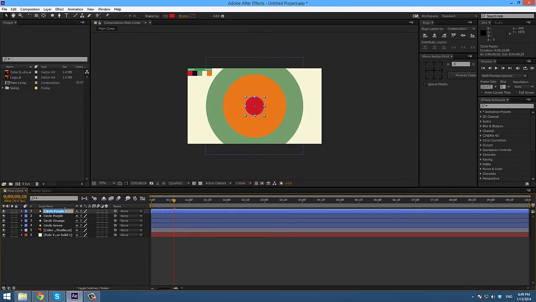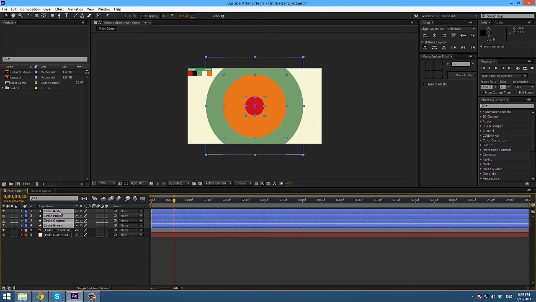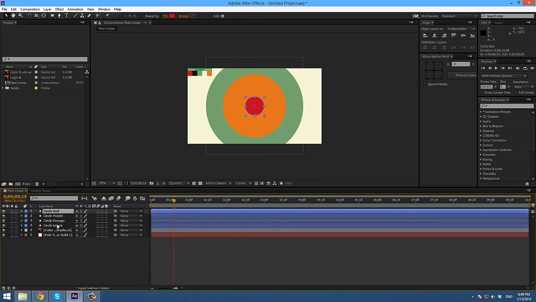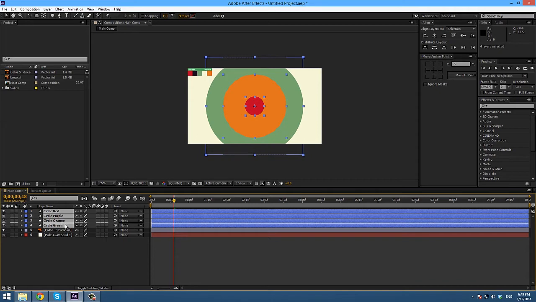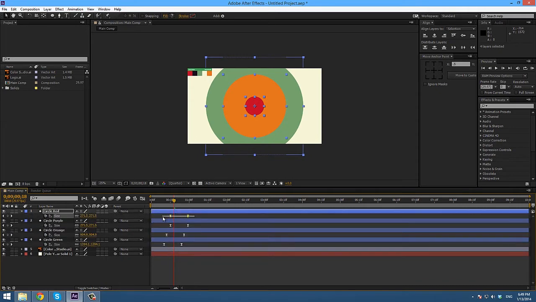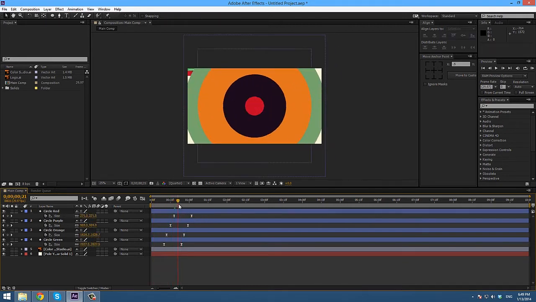Okay, let's name it, press enter. If I didn't show you, just press enter when you select a layer and you are able to rename the layer. So let's select them all, Control Shift, select the red one, Control Shift, and select the green one, press U, and we can now see all the keyframes. Just offset the red one a little bit, and as you can see we have 4 colors,